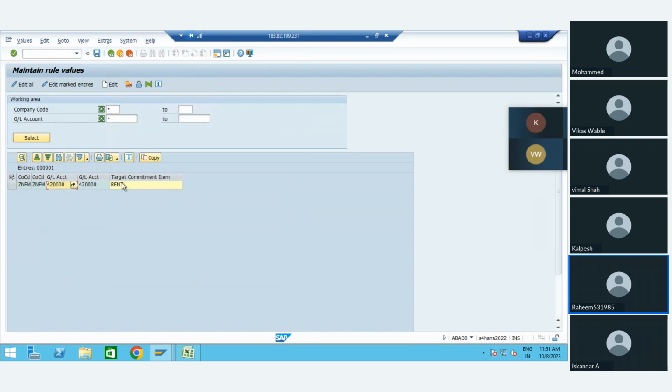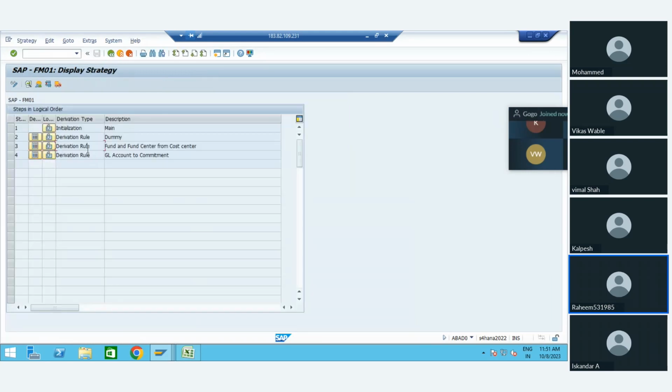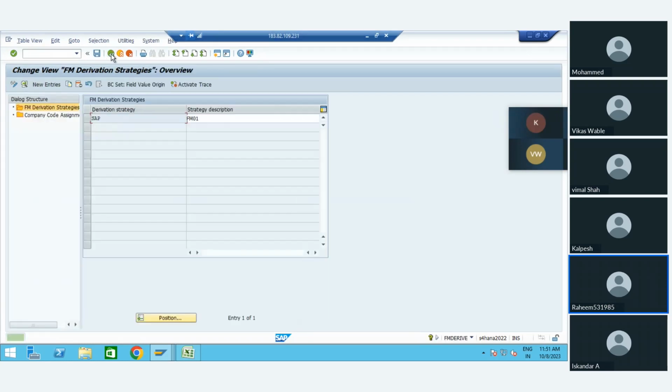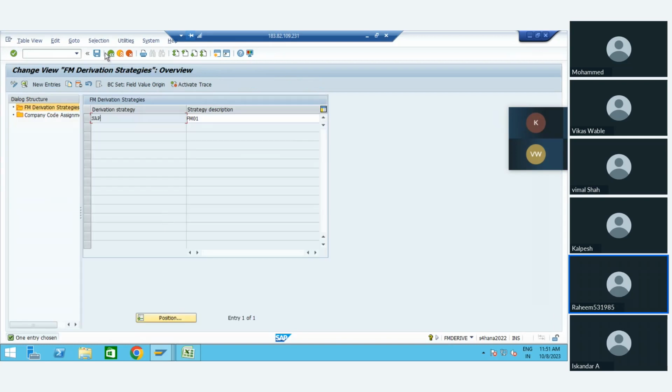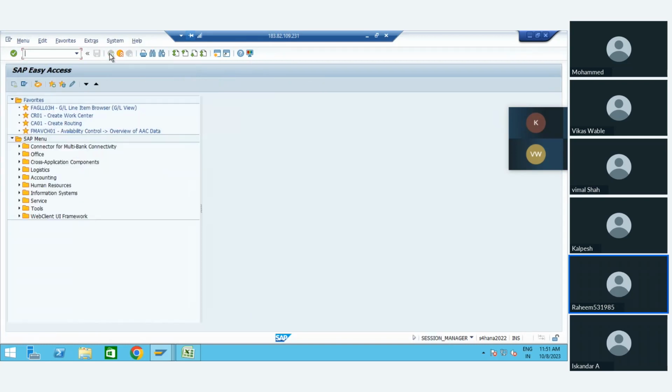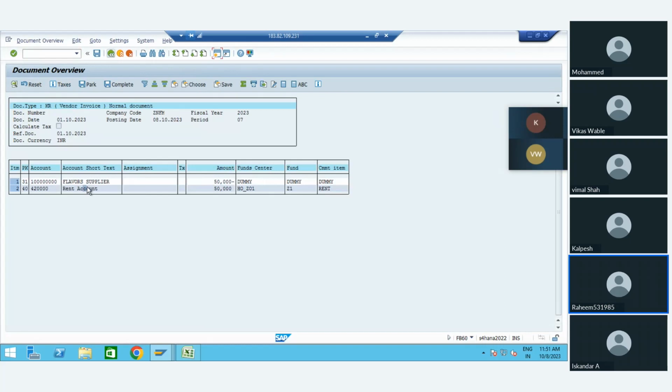If the GL account is this, then the system will take this commitment item. Similarly for the fund and the other one, here you have already assigned a dummy derivation, so the system will also derive the dummy one. If in case you have not assigned any GL account, the system will do this part. Or you can do one thing, we will map one more part